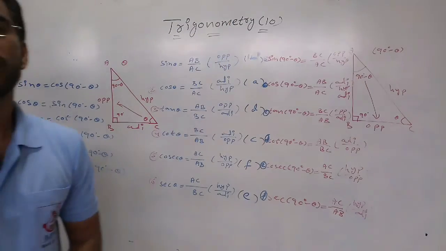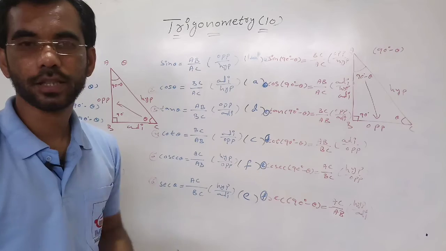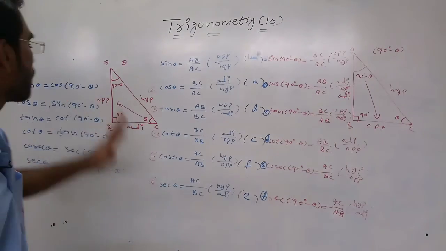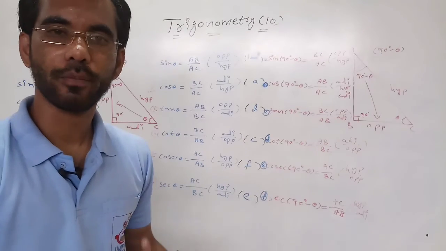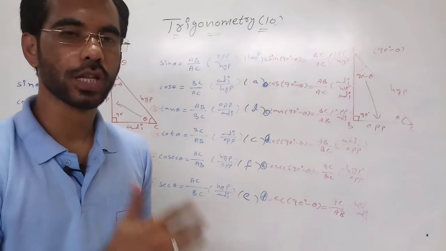This is the proof for understanding this one. Okay. So everything requires some proof to show. If you understand this one, here is one simple way to do it: with sin it will be cos, with cos it will be sin, with tan it will be cot, with cot it will be tan, with cosec it will be sec, with sec it will be cosec.